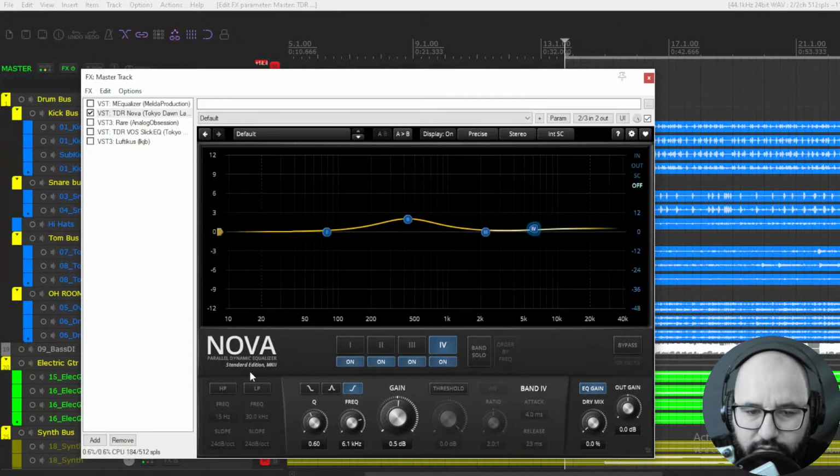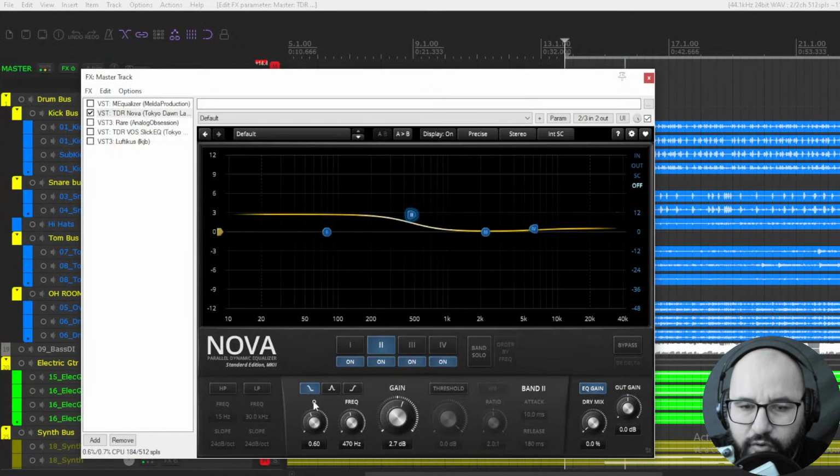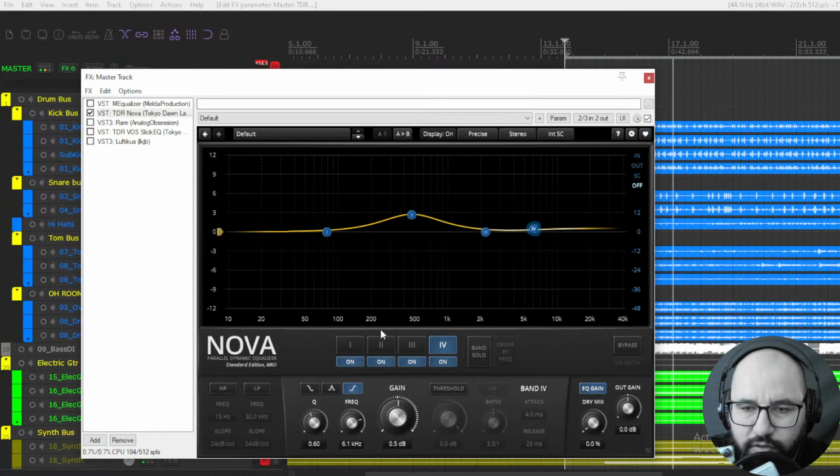With these controls, and the shape of the filters and bands, you can set it here, right? This is the normal bell curve. This is a high shelf or low shelf on each band, right? From 1 to 4. Also pretty cool that you can solo.